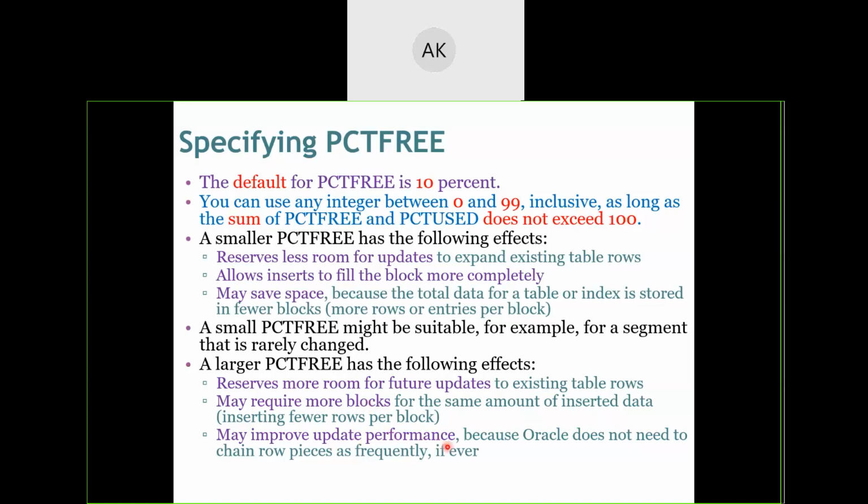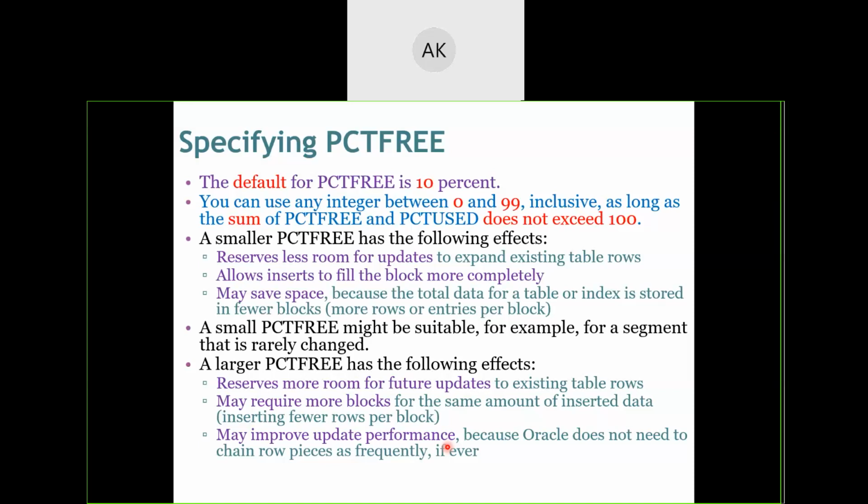Whatever update queries are being performed, their performance may increase. But at the other end, the operation performance will decrease. So there is a tie-up. There is a trade-off between this percentage free and percentage used. You need to set their values appropriately as per your requirement.